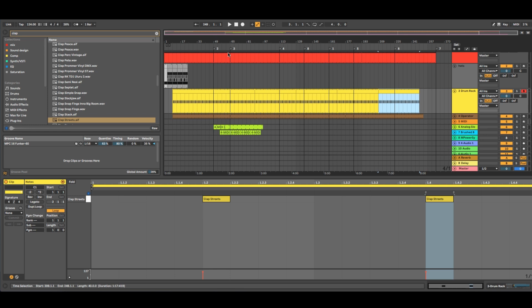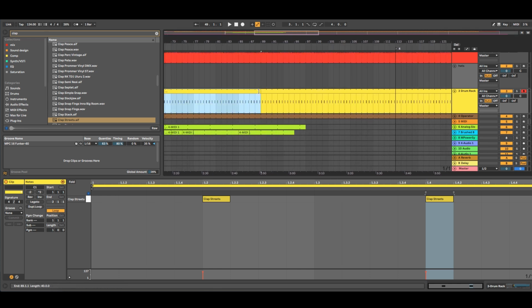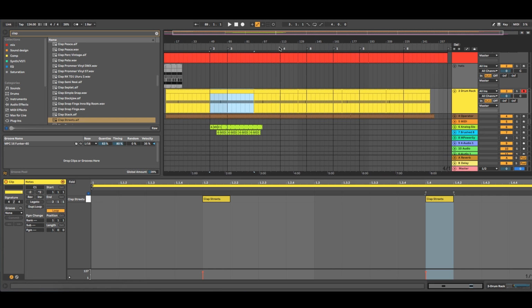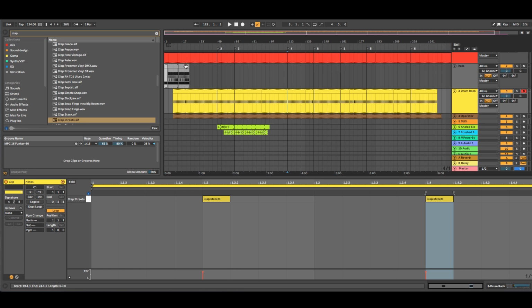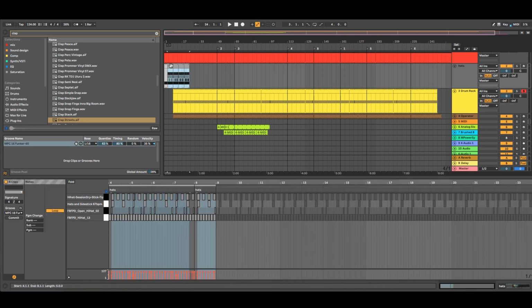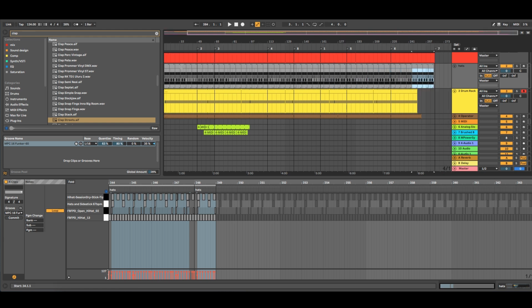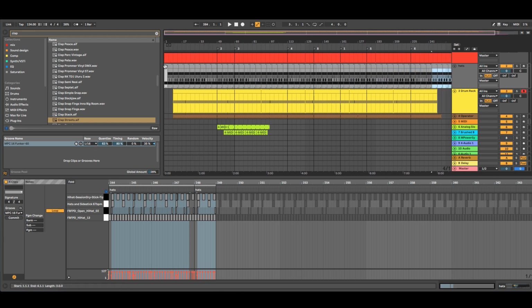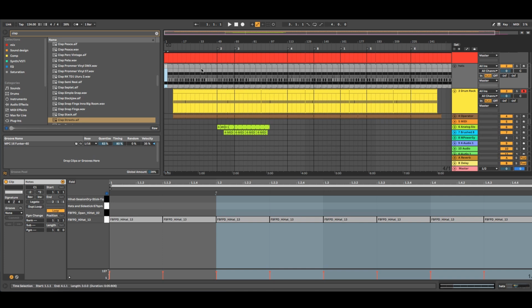I think I want it until the very end, and when I work on my arrangements, I will remove it. I find that when you do an arrangement, it's easier to just copy and paste it until the end. And after that, when you say okay, I don't want it to play, you zoom in and remove it, and then there's a pause. It's easier to see what's going on. And then you can always refer to your markers for something that is going to happen there. That will be a bit of a guideline, but first of all, stuff that's going to be there the entire track, I copy it until the very end.